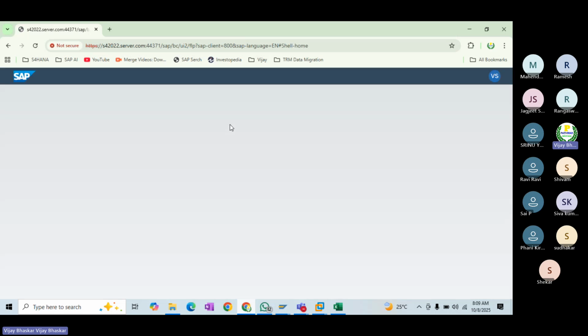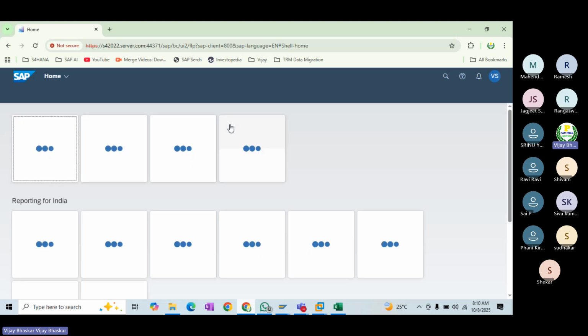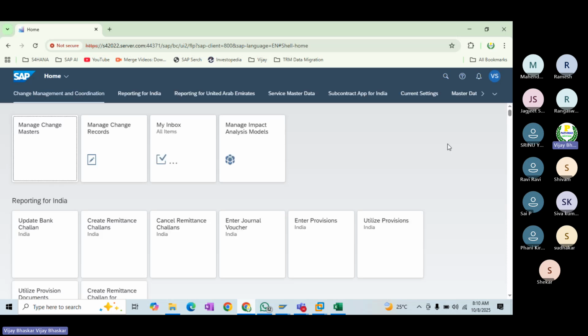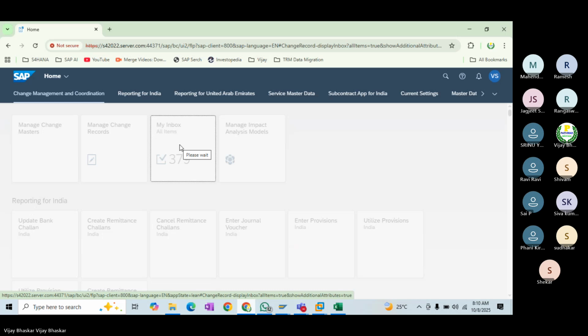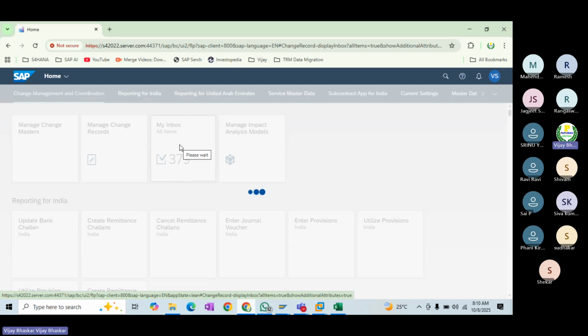But in the ECC system, at the easy access level, we have a dedicated business workflow, and over there we can see that one. But in S4HANA, it's a completely different approval process. Everything can be done through Fiori apps. But let's see that one. In my inbox, there is one way to see whether the workflow is being triggered or not. My inbox is within the SAP system.